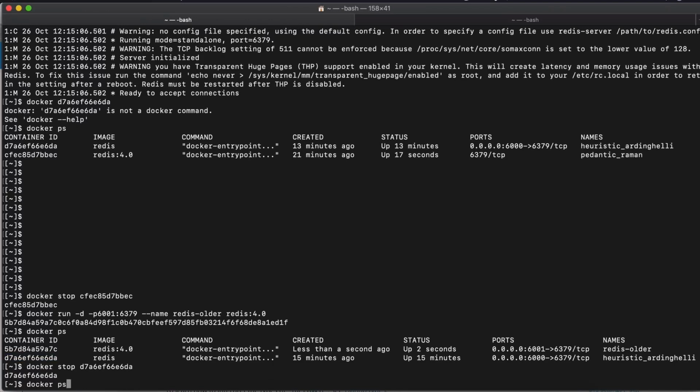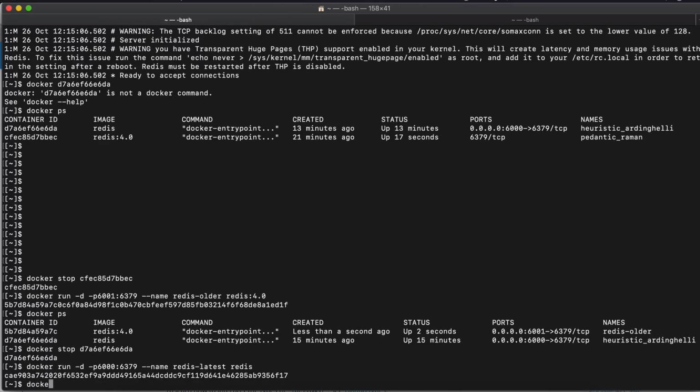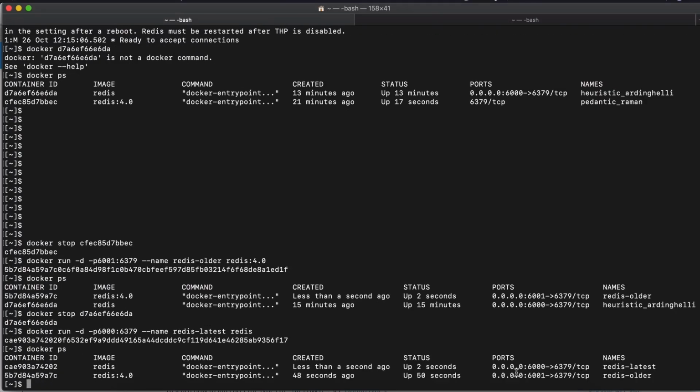And I will use the same command here. This will be the latest, and I will call this Redis latest. And since it binds another port, I'm going to run it and let's see. So here I have two containers running. Now I know Redis older, Redis latest. So for example, if the older version has some problems, I can just do logs Redis older and I can